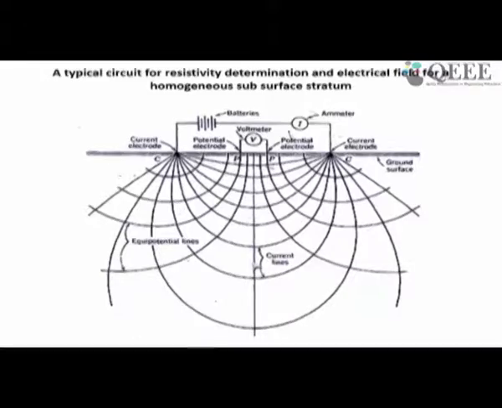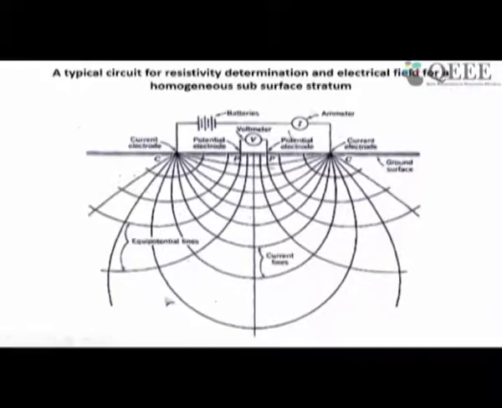So, these two lines, current lines and equipotential lines, are perpendicular to each other. If you remember your seepage class, there the flow net and the seepage lines and the flow lines are also perpendicular to the equipotential lines. Okay. So similarly here also you can see they are perpendicular to each other.